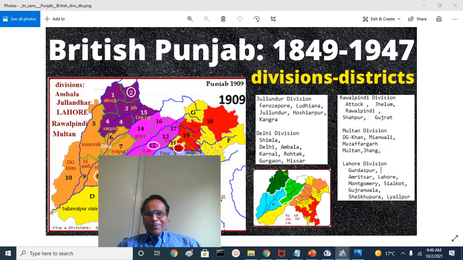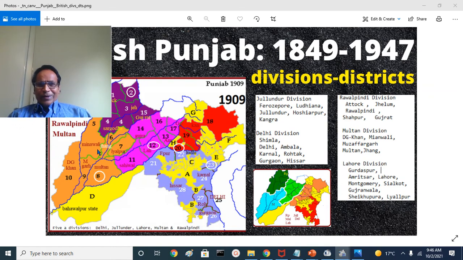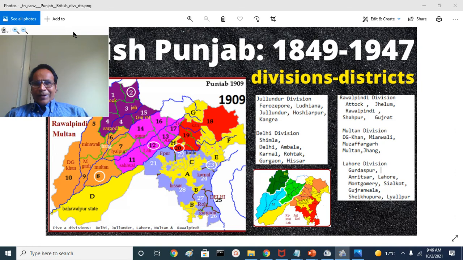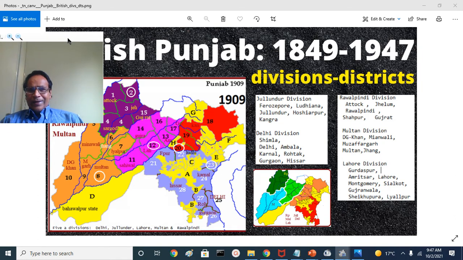British Punjab is a political entity formed after the Second Sikh War, and it survived nearly 100 years, from 1849 to 1947. It was bifurcated into East Punjab and West Punjab due to increasing Islamic aggression and Muslim street violence, the failure of the Congress leadership to control them, and British anxiety to quit India. Finally, when India was partitioned, Punjab was partitioned too.